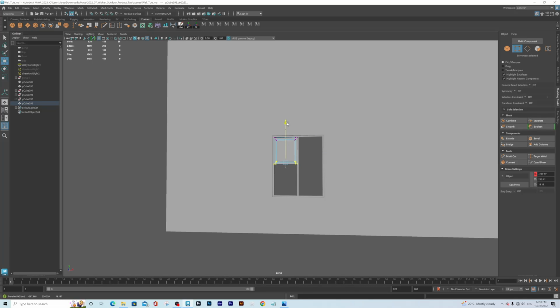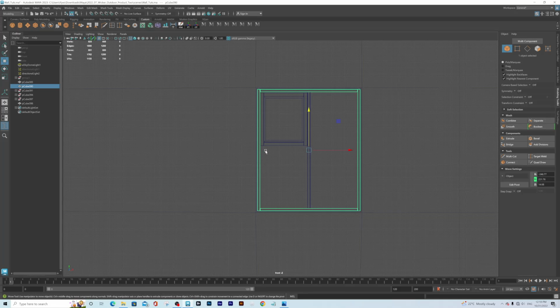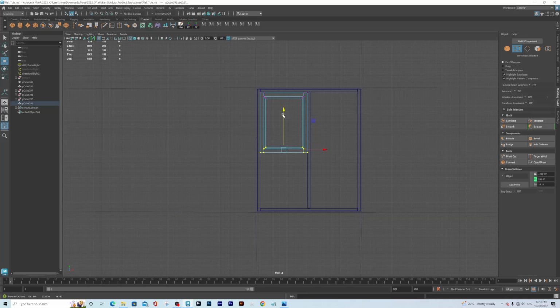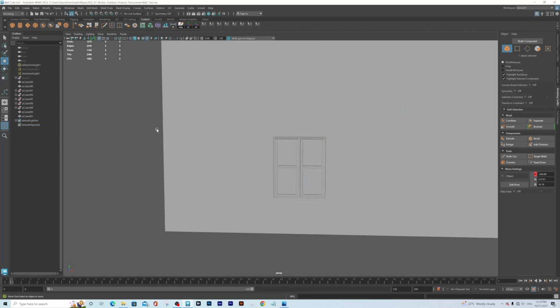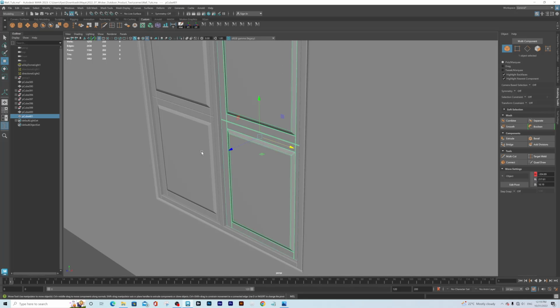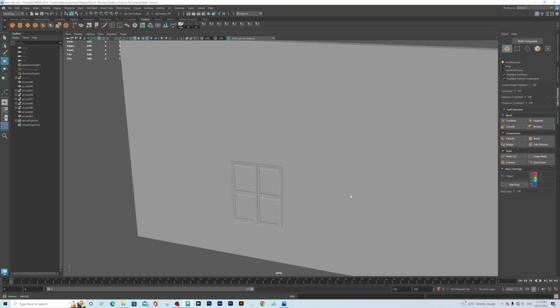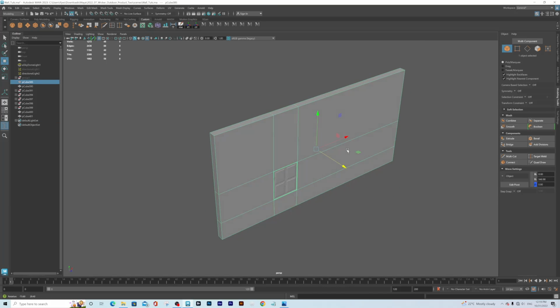And like so. Let's do it from the front view here. I'm just gonna combine it and just move it up slightly. Okay, and I will move it here. You see, that's going to be our window. Let me see. Position it a little bit better here. Okay, so now that our window is done, what we're gonna do now is start to do this